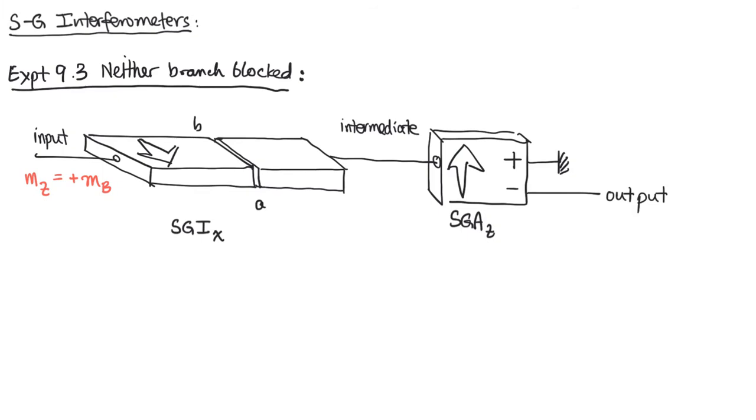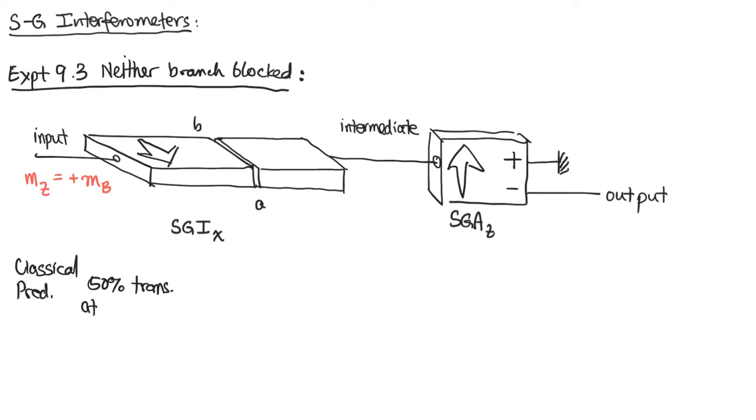In experiment 9.3, we do not block either branch, so we leave the interferometer open. Okay, now classically we would say, okay, an atom has come in, it has two possibilities. It's either going to take branch A or it's going to take branch B. If it takes branch A, it will end up at the intermediate state with mx plus, and then it will have a 50-50 probability to make it to the output. If it takes branch B, it will make it to the intermediate state mx minus, and therefore it will also have a 50-50 probability of making it to the output. So the classical prediction, which turns out not to match experiment, is that you get 50% transmission